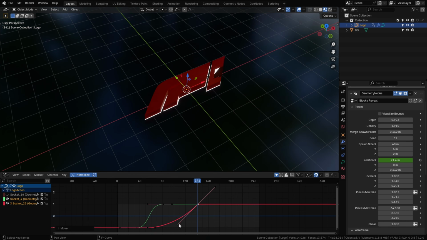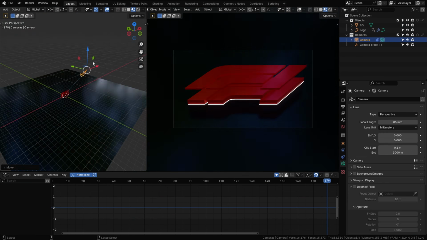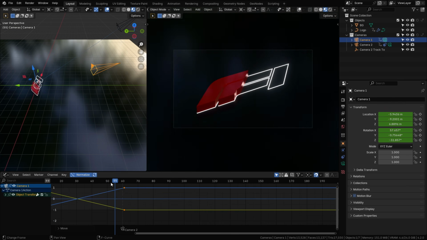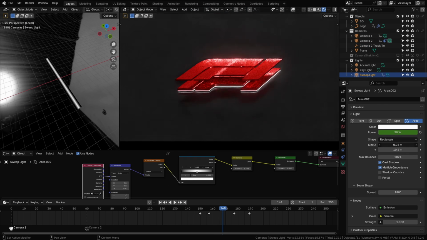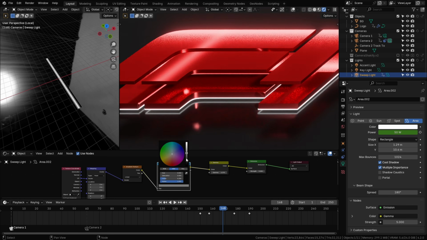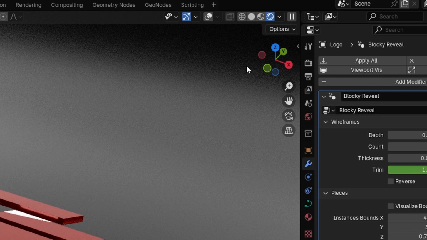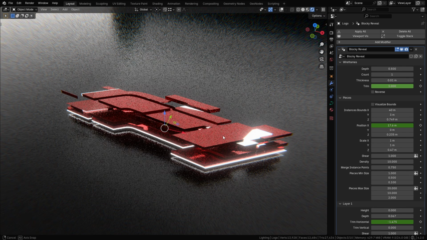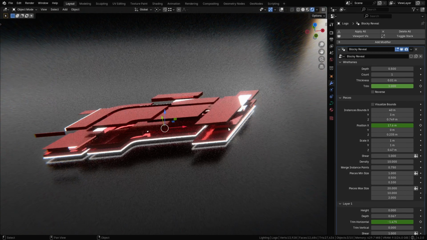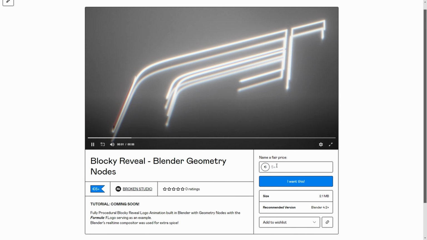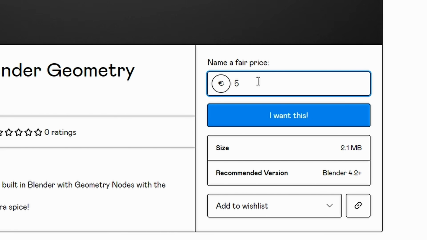Animating the individual logo elements and cameras with some camera shake sprinkled on top with the Camera Shakeify add-on, adding lighting and making use of light nodes for extra control, and using Blender's now GPU accelerated compositor for fast adjustments and live previews. I have provided the project files in case you want to skip having to create this from